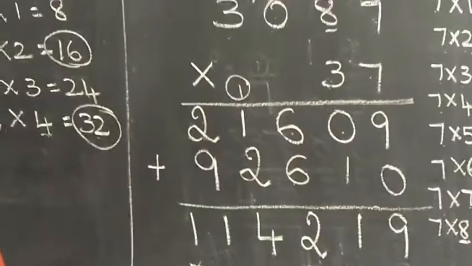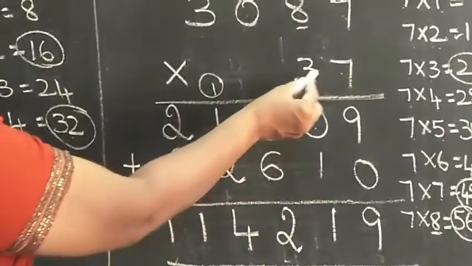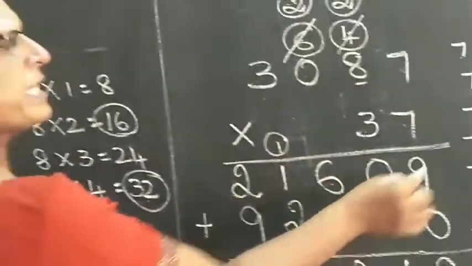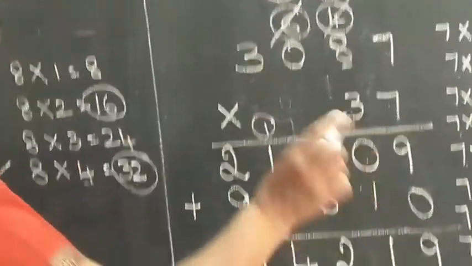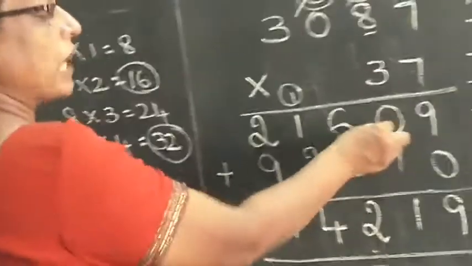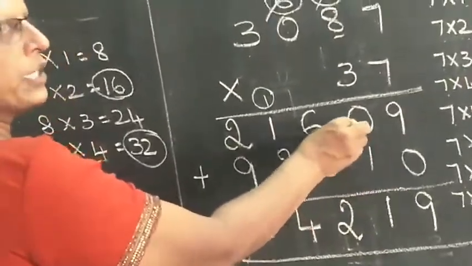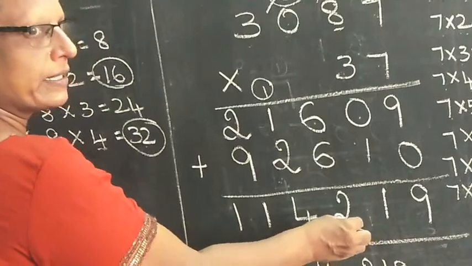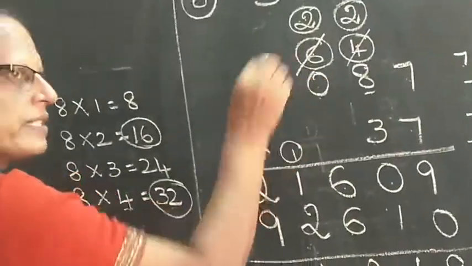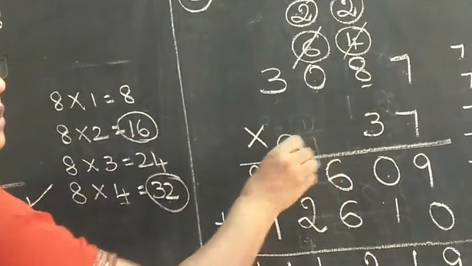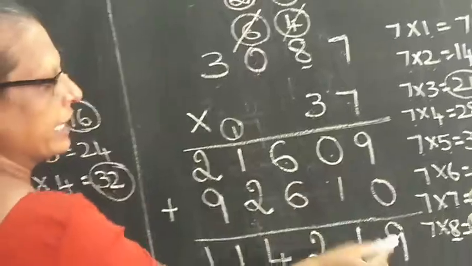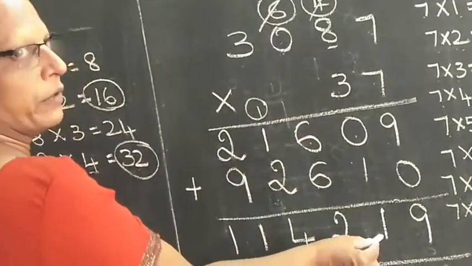Okay children, don't forget, when you multiply you will get 0. So don't think, here Mrs. is writing 9 and here 1 you are doing. This is addition. Okay children, when you add you have to write the number. When you add 0 with any number you will get that same number. But when you multiply with 0 you will get 0 only. You should not write the number. Understood? Don't get confused. Okay. So only 9 plus 0, 9. And 0 plus 1, 1 I have written.